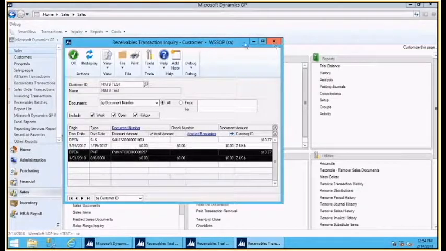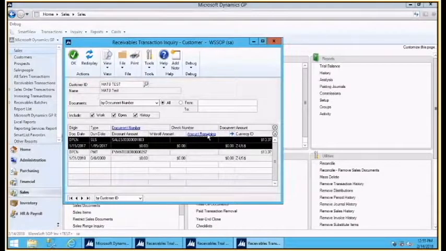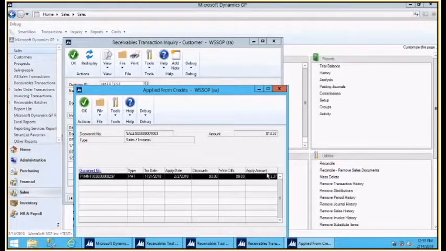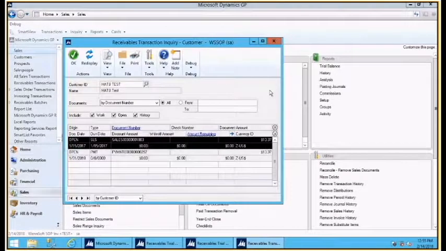So another thing that can help with some issues dealing with receivables transactions primarily: if you ever notice that there's an issue with the amount remaining on the transaction, say for example my invoice was showing a dollar amount of $13.37 and my amount remaining was still showing $10 available or remaining, and I were to drill back on that and see that the payment was for the full apply amount, one thing I can do to help correct that